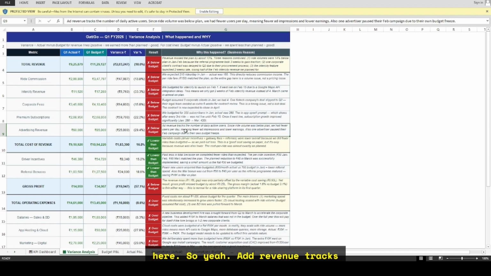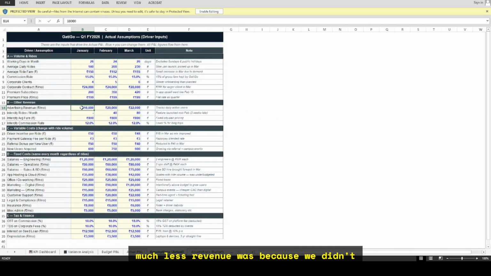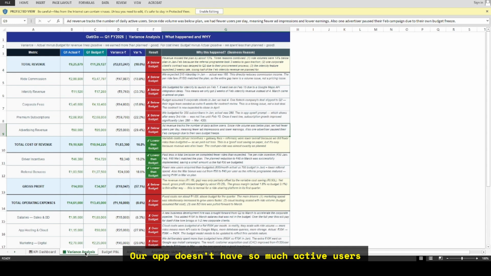So the reason why we got this much less revenue was because we didn't onboard many daily rides. Our app didn't have so many active users, because the ad revenue is tracked by the number of active users who open our app daily. So as we didn't get so many users, so many rides, that really impacted our revenue here.